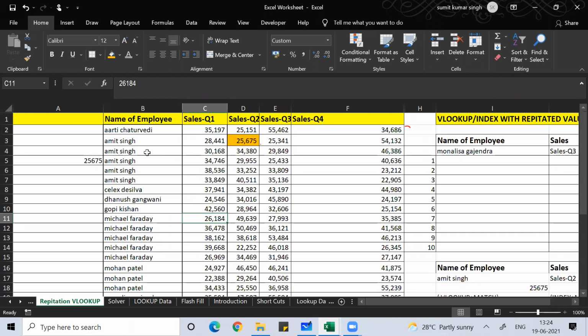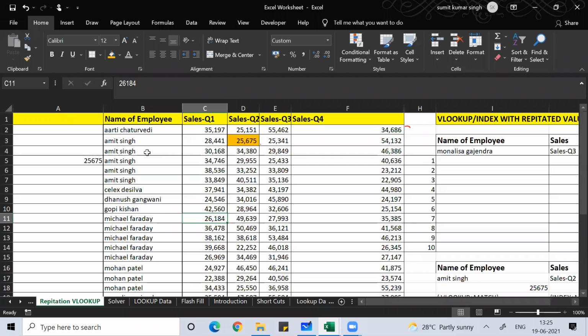So the problem is with lookup and index. As we studied in the other scenario, whenever lookup fails we have the index function going on, but here the index function will also give the same answer. So you're getting me right? That is the problem we are facing here. So how will we solve this problem?